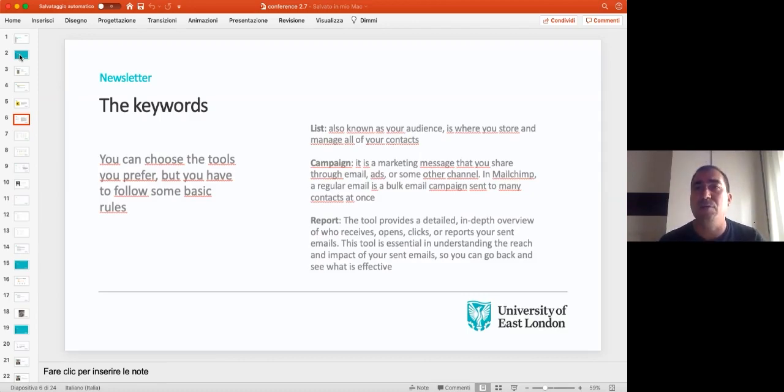Do not buy. I know that you can go online, you can buy 1 million email addresses for $50, and then you get an open rate of 0.01%, and you say, okay, the newsletter is not a real tool, because we bought 1 million email addresses and we got 10 people opening our newsletter. Yeah, it's true, because you are harassing them, because you are annoying them, because you are talking to people without knowing who the people are.